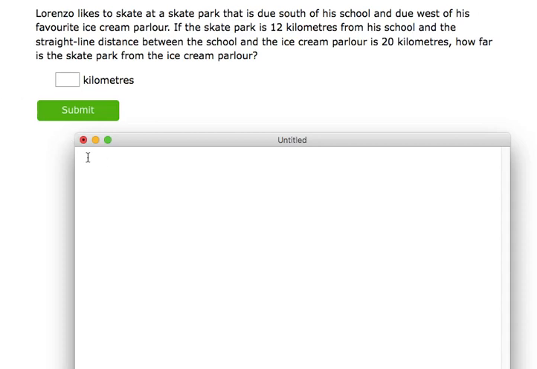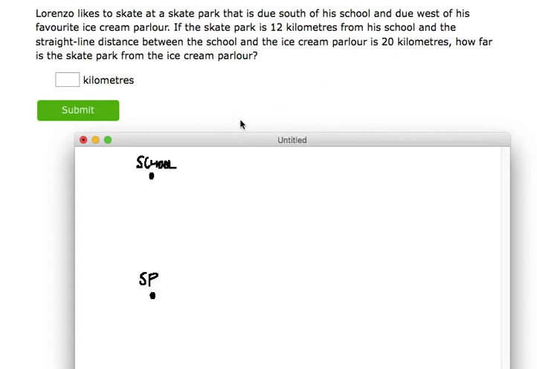We've got Lorenzo likes to go skate at the skate park. So we have one point here, that's the skate park. And the skate park is due south of his school. So let me move the skate park south of something. The school, Lorenzo's school, is up here. So that's the school. And we know that it's south of the school